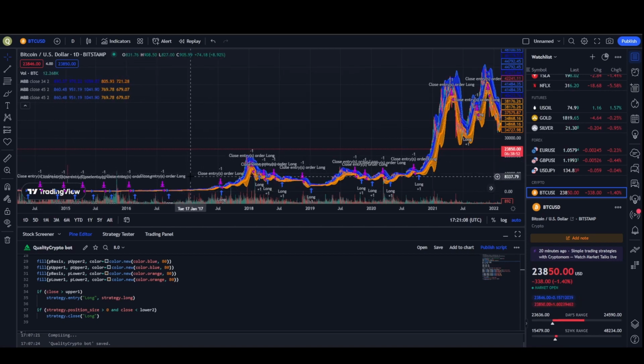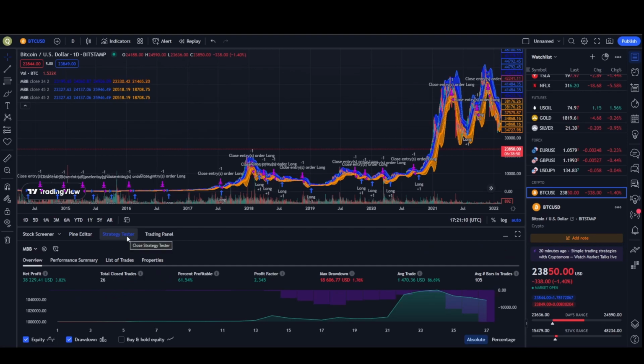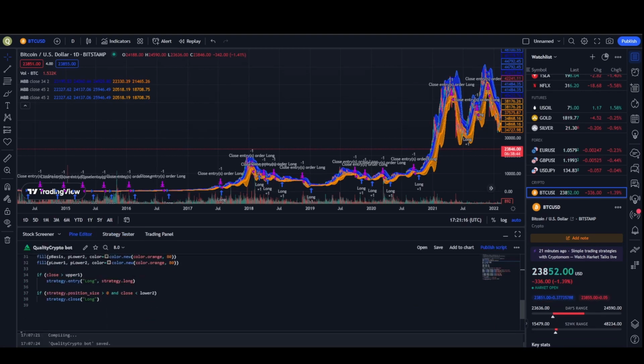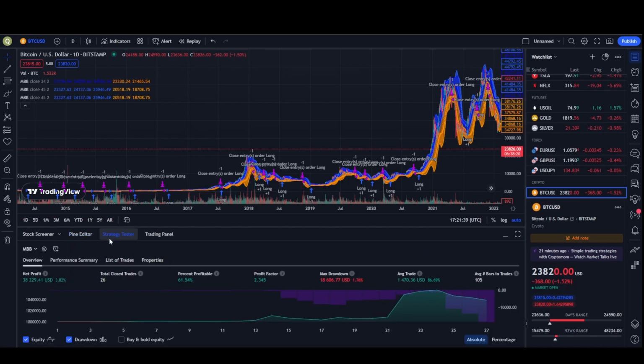So this here is basically a strategy tester. What I've done on the Python editor is removed the shorts. Like I said, I was going to do just long trades on this example. Below here there was code for shorts as well. As you can see, it says long. There were short entries and short closes as well, but I got rid of that to reduce the risk, because when I looked at the strategy test,